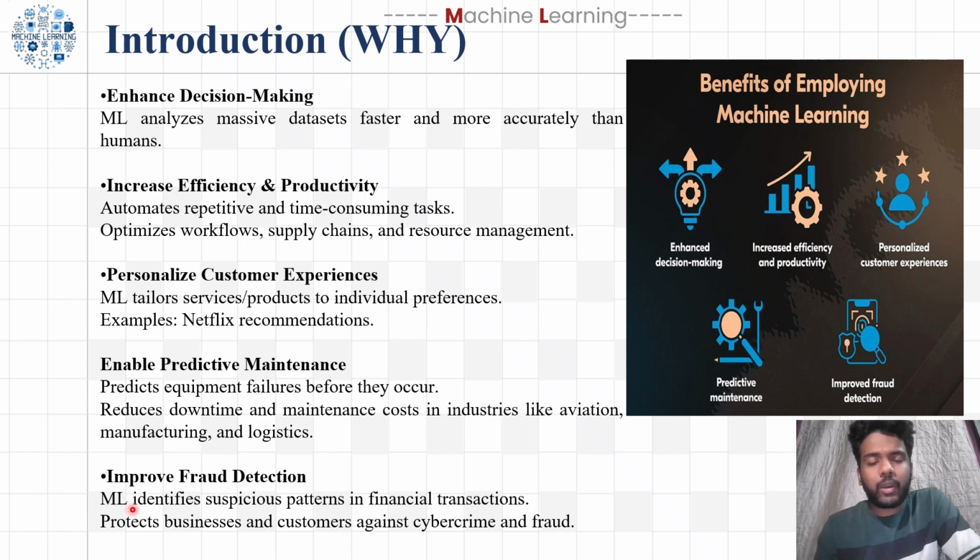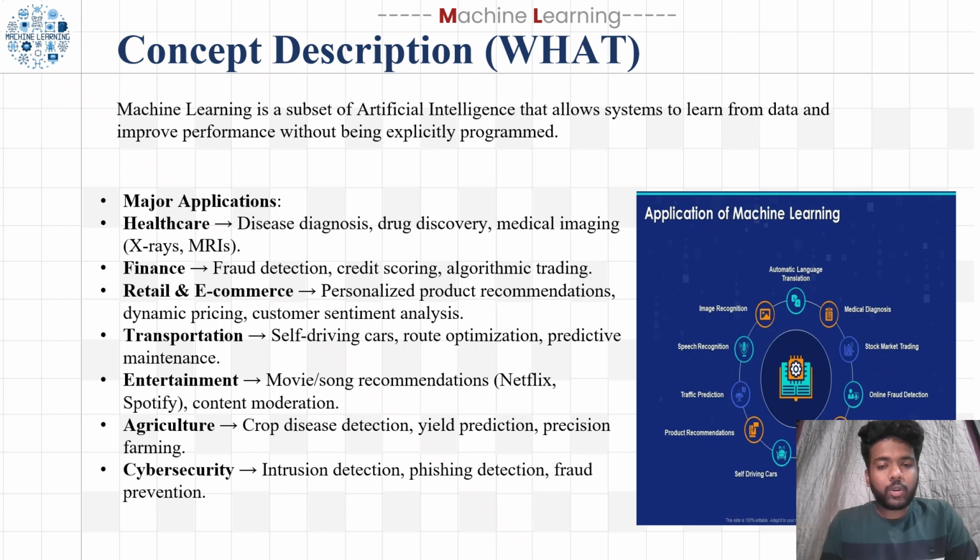So it also helps in cyber security and improves fraud detection. In that, ML identifies suspicious patterns in financial transactions too, and protects business confidential things and customers against cybercrime and fraud. So let's begin with the what part. What is machine learning? It is a subset of artificial intelligence that allows systems to learn from data and improve performance without being explicitly programmed. I have mentioned some major applications of ML models, like healthcare, finance, retail, and entertainment